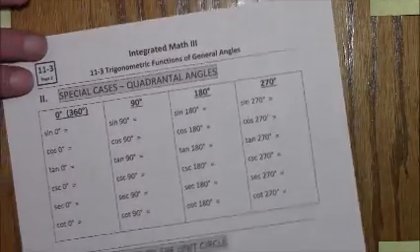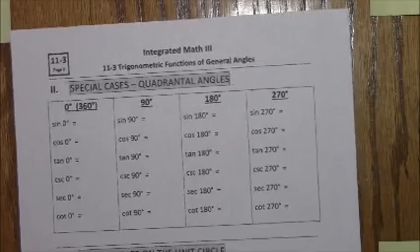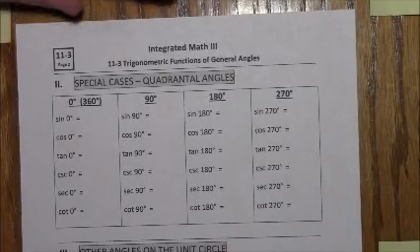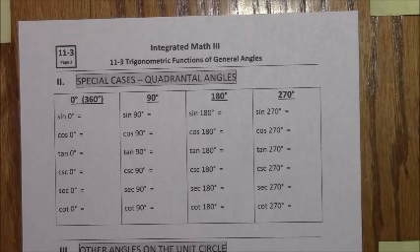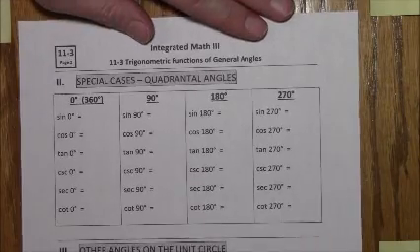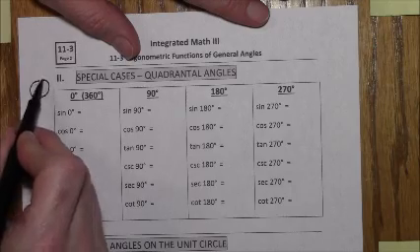Now, let's look at special cases from the unit circle. So we'll now work on the unit circle for a little while. And for the unit circle, I do not have a copy of it close by. So you'll have to look at your copy that I've provided already. And I will simply remind you for these special cases,